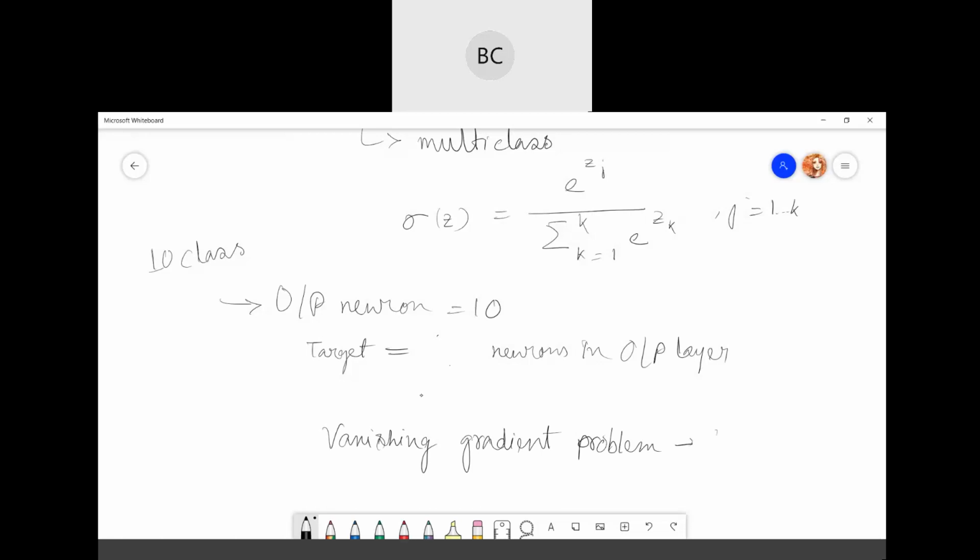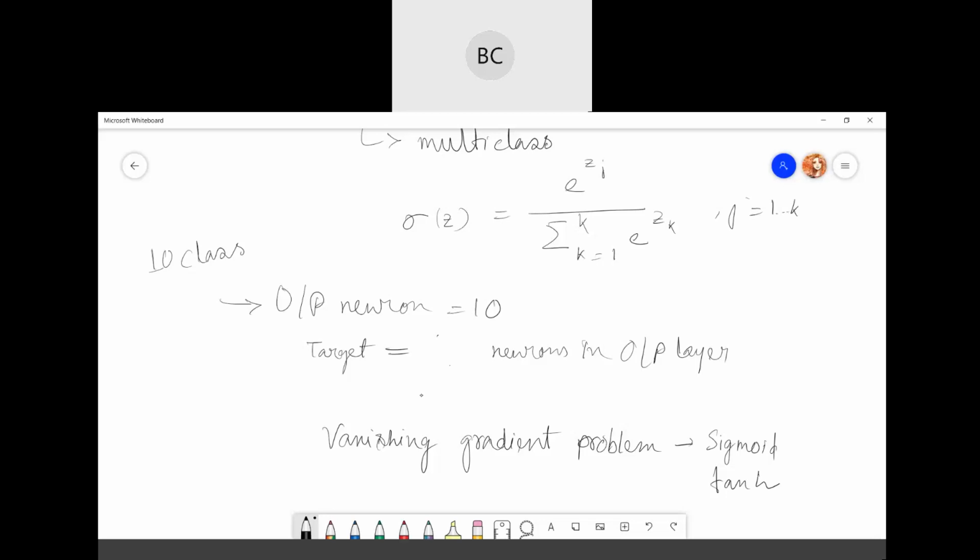You will see this in both sigmoid and tanh. After one range, it stops learning. So even though sigmoid and tanh generally work better in most classifiers, in some cases we avoid them because of this vanishing gradient problem.